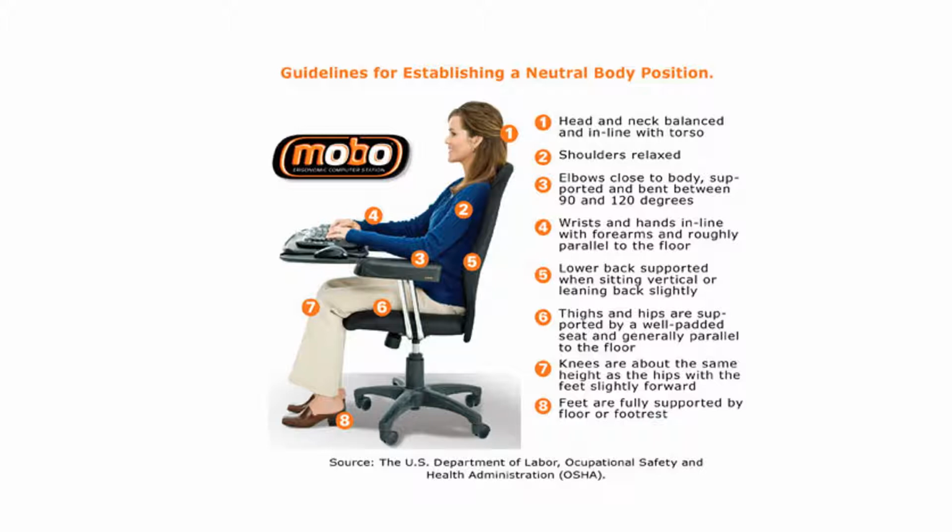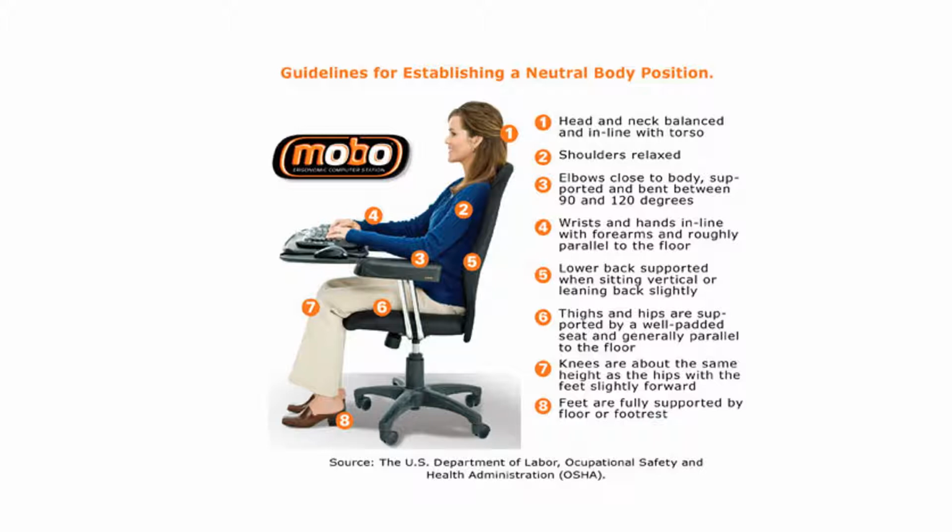1, the head and neck should be balanced and in line with the torso. Shoulders should be relaxed, not in a rounded position. Elbows are better close to the body. In some work, it's better that they be supported, such as computer work, and they should be flexed between 90 to 120 degrees. Wrists should be aligned with the forearm without wrist flexion or extension during work, and